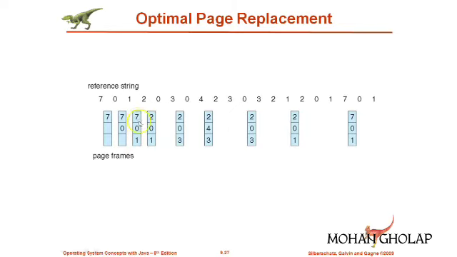Here you can see after 2, the 0 is used. After that we have 3 0 4, then 2 3, and so on up to 1. So the 1 is also used. Out of 7, 0 and 1, first 0 is used, and after that 1 is used, and after 0 and 1, then 7 is used. So the page that is used last in the future is 7 compared to 0 and 1. That's why we take 7 for the replacement, and it is replaced by 2.